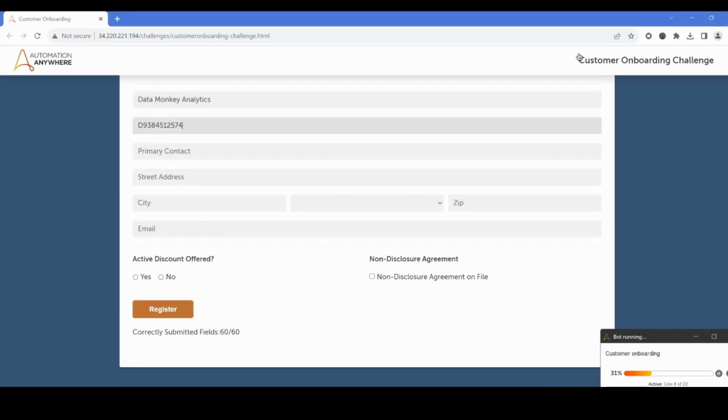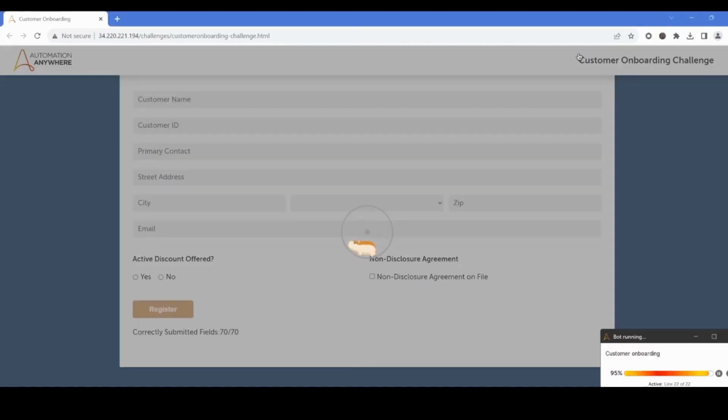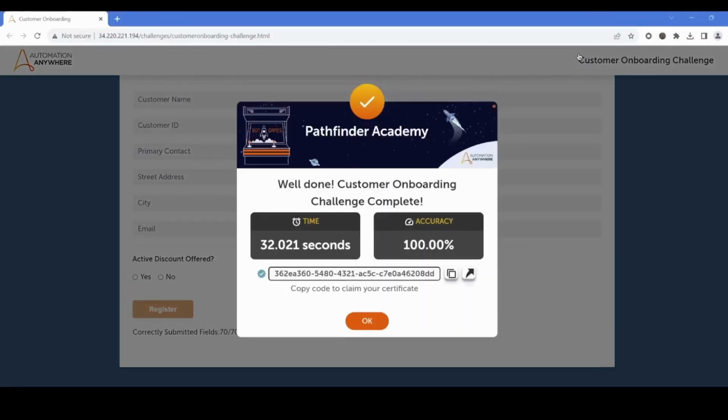Now that's the last thing we have to do as far as the input data, but there's one more thing that we need to do here in the form, and that is to click the register button. Now we're going to stay within the bounds of this loop action, and you can see the bounds here in this gray box. The outside one with the blue outline is actually part of the step, then inside is the loop itself. So I'm going to add one more recorder capture in here,